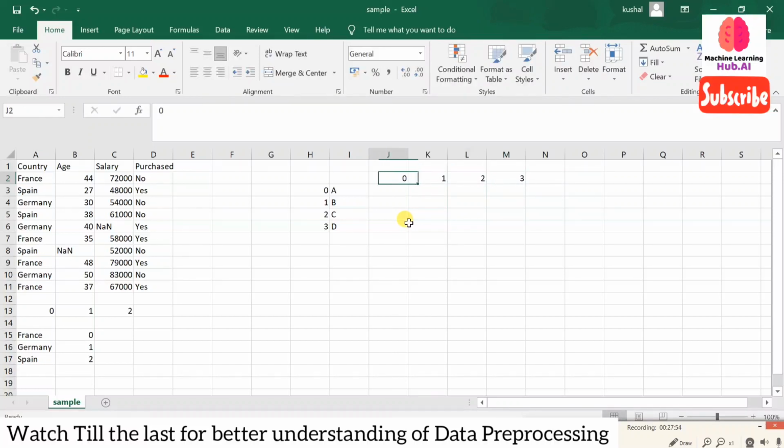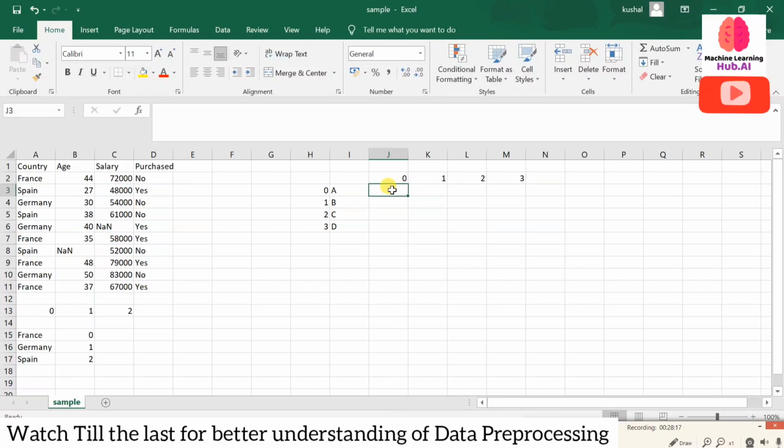So now 4 separate columns are created for our data, meaning for every category it will create a different column.